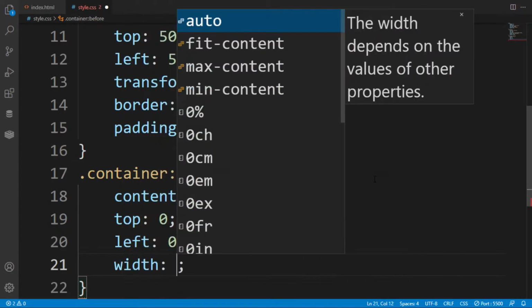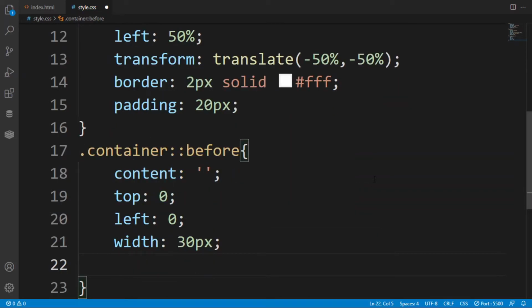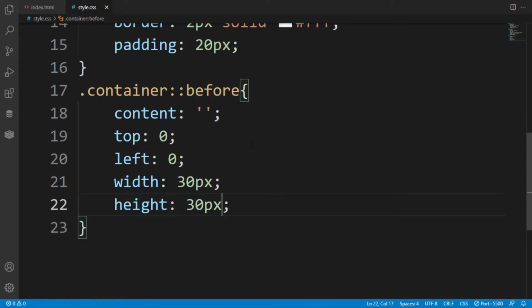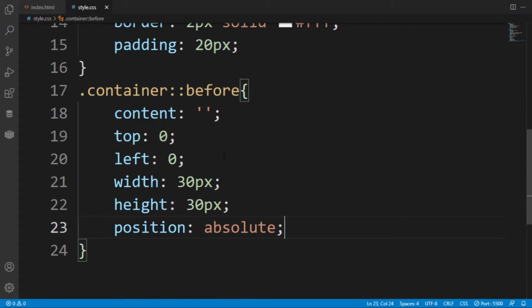So here in the container I have content nil and top left, meaning at the top left corner, and here width is 30 pixels and height is 30 pixels, but still the thing does not come. Here I put position absolute, and still it is not working. Check whether it is working or not.